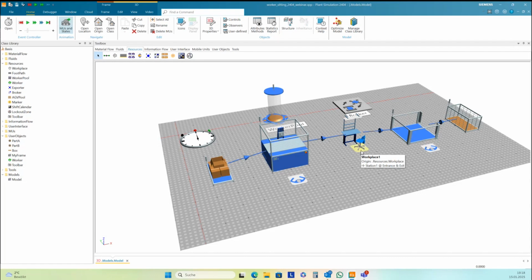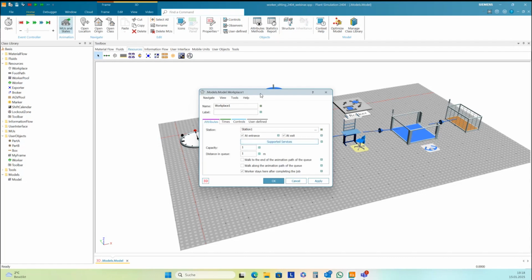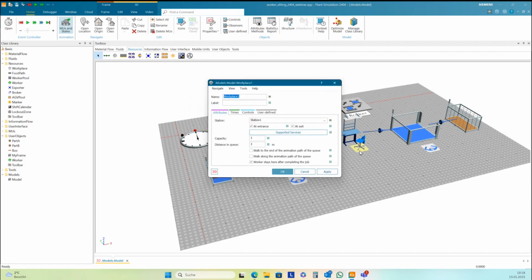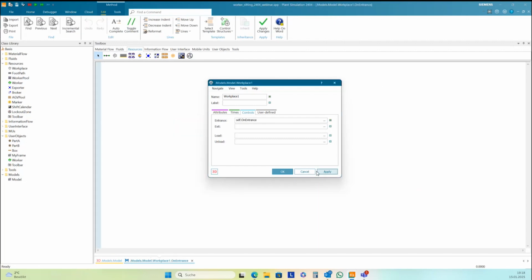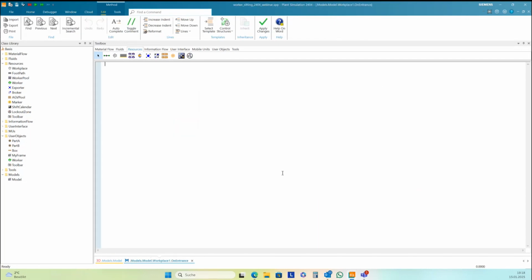And so we open the workplace here, and then tab controls, and we create a new entrance control, for instance, with pressing F4.